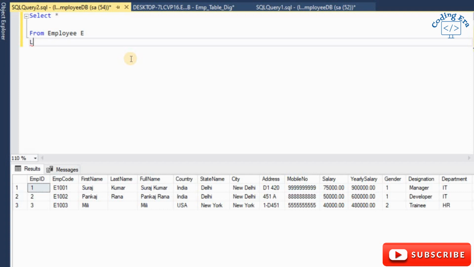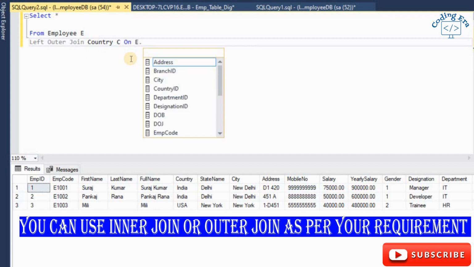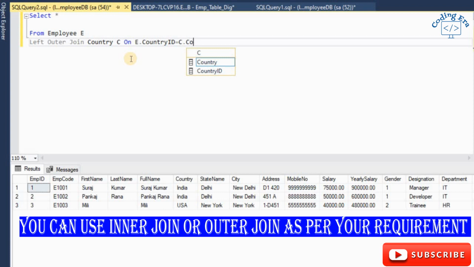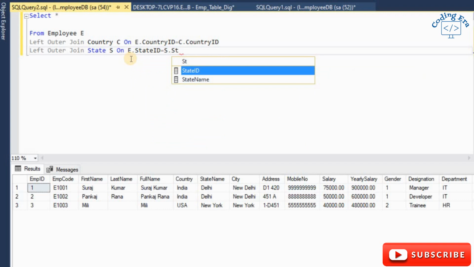So I will join here, left outer join country, and alias is C, on E dot country ID is equal to C dot country ID. I will fetch country name from table country. Okay, next is left outer join state S on E dot state ID is equal to S dot state ID.